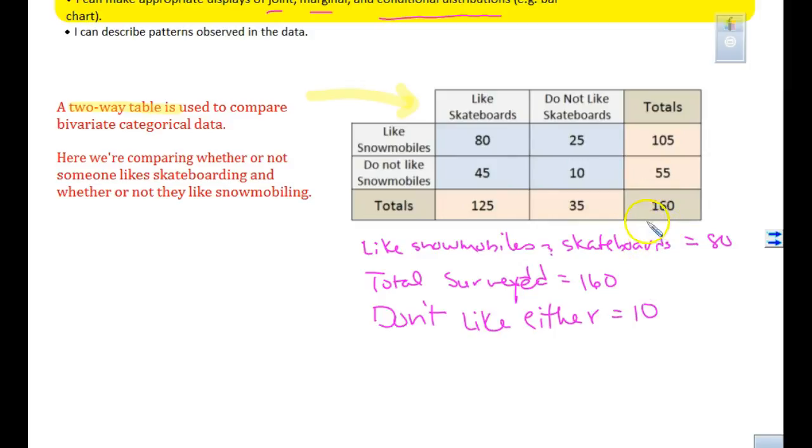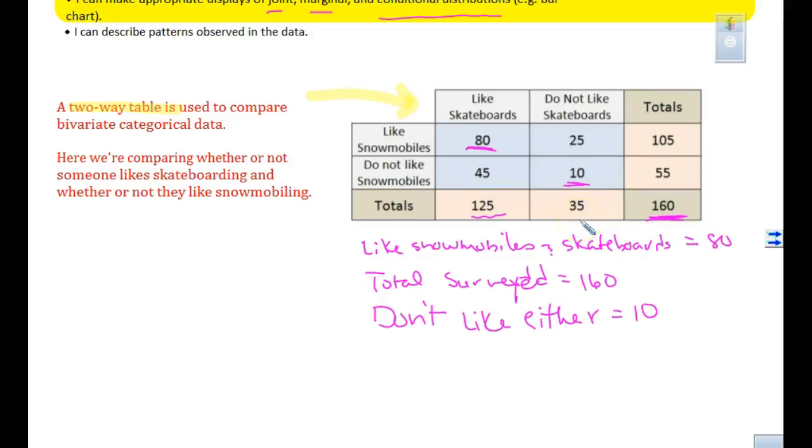So if I would know that this is 160, this was 10, and this was 80, I would need one more piece of information in order to fill in my table. Like I might need to know that the total number of people that I surveyed that liked skateboards was 125. And if I have these 4 pieces of information, I can take 160 and subtract 125,